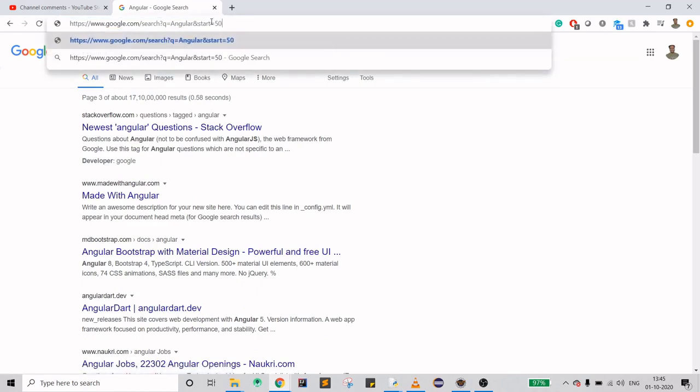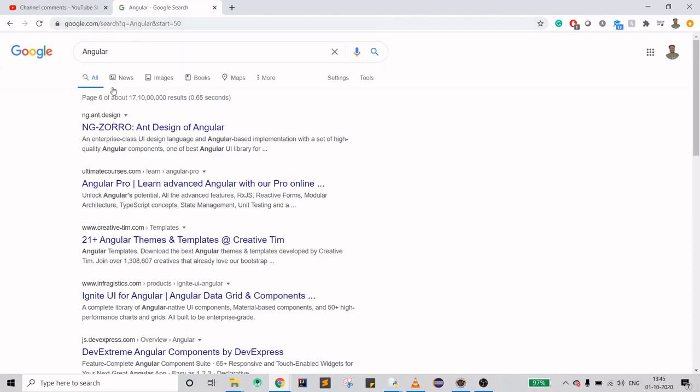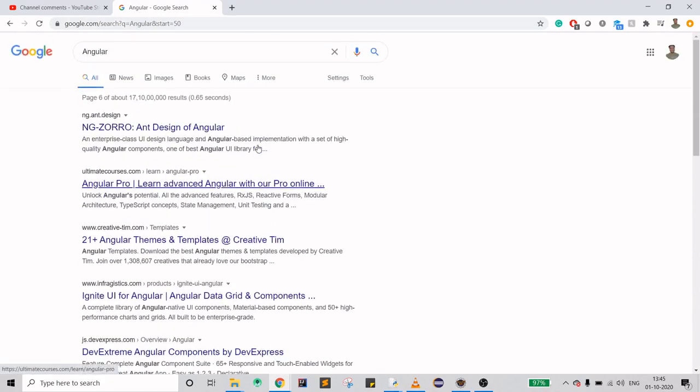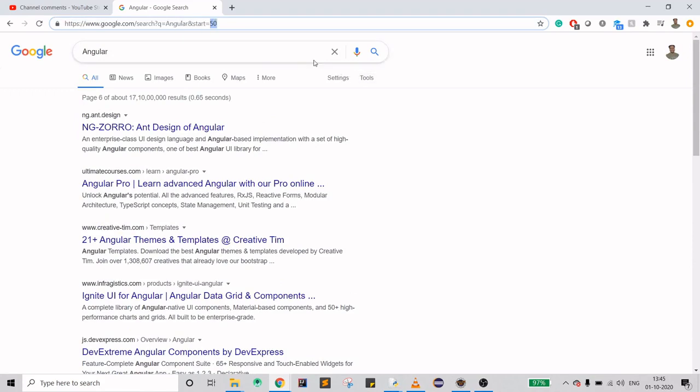When you do 50, it will be at page 6. When you do start, you can navigate to each page. So this is a way of pagination, and you can get as many results as you want, but then you have to create a loop which will start from 0 till the number where you want it to end. Which can be done, but it's not the exact scenario that Joshua was asking.